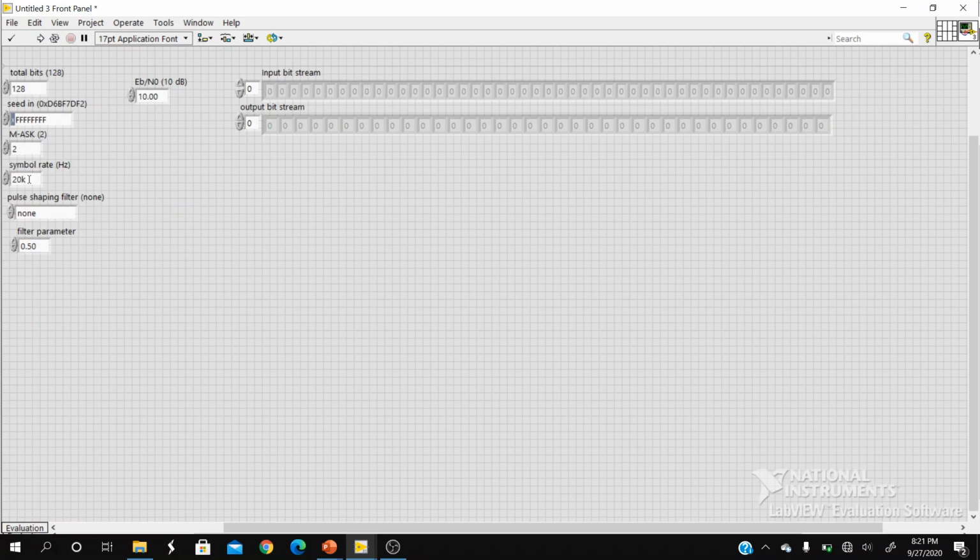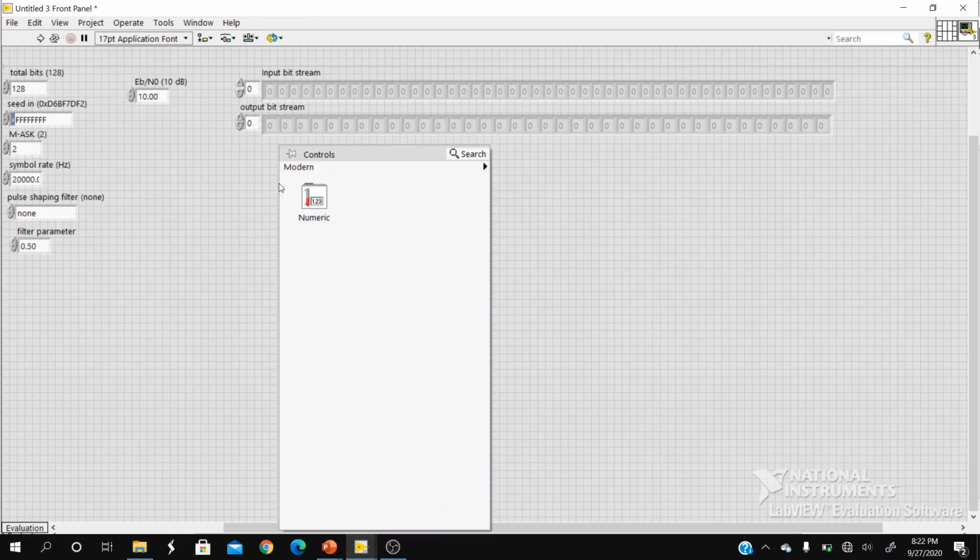It is better to choose it in terms of kilohertz. Why? Because if the symbol rate is too low for the bits that you have generated, it may cause an error during the run of your LabVIEW code. Therefore, it is suggested to have a larger symbol rate transmission. And we are currently analyzing the binary ASK modulation technique. So once these are over, we can add a few graphs to analyze the given system that we have constructed.